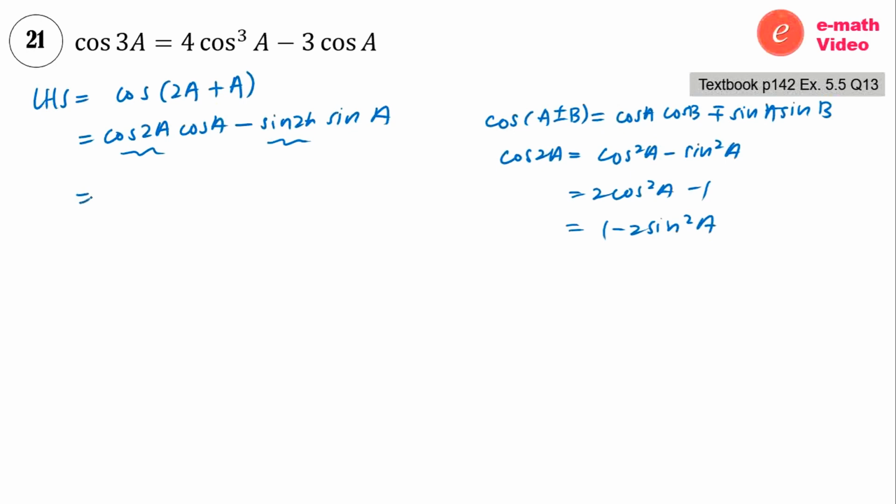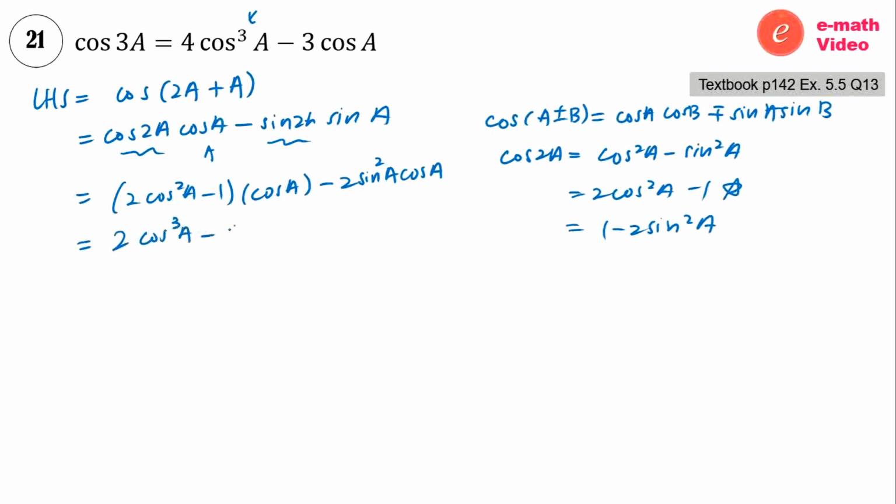And then you have a look at the right hand side. We need a cos cube, and we already have a cos here, and we don't have any sin on the right hand side. So I will choose the second one. Okay, 2 cos square a minus 1 times cos a. So that cos square times cos, I will get a cos cube. And then minus, for sin 2a, we only have one formula, which is 2 sin a cos a. Then we multiply with sin a, so it becomes sin square a. Equals to, expand the bracket, see, we got our 2 cos cube a minus cos a minus 2 sin square a